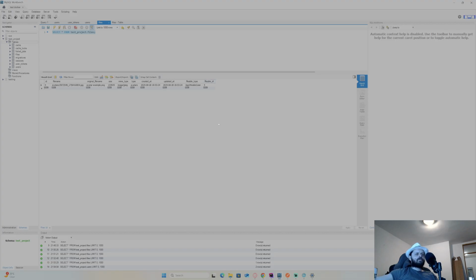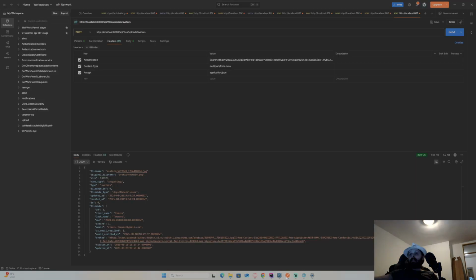That's how morphs work. If I didn't have morph, this would be user ID. I'd maybe have post ID, maybe comment ID, and I don't know what ID. Put images for maybe some kind of product ID, or maybe some kind of column ID, or whatever the image will belong to. With morph, all those ID fields are just reduced to two columns.